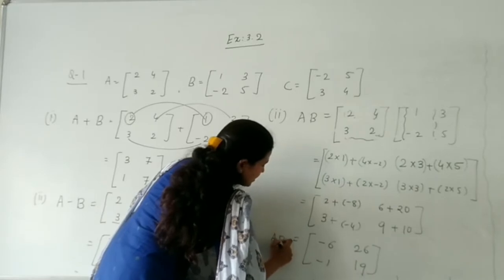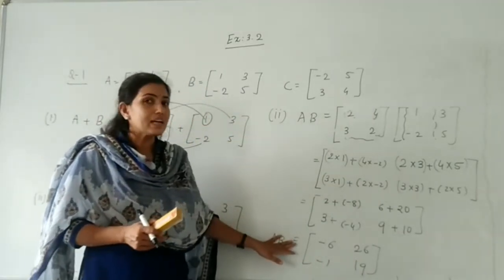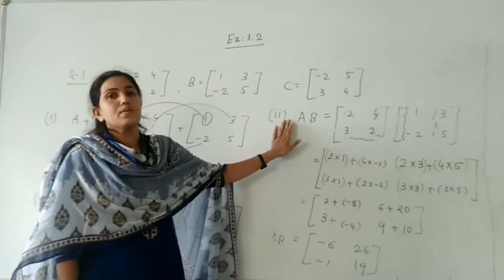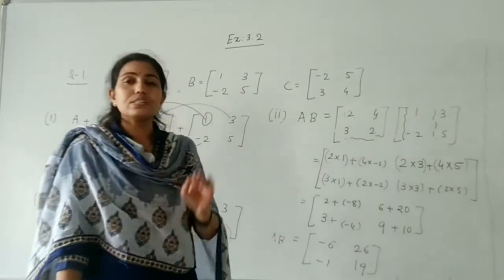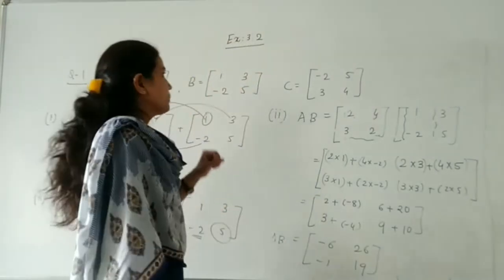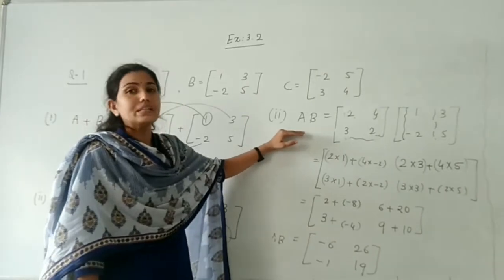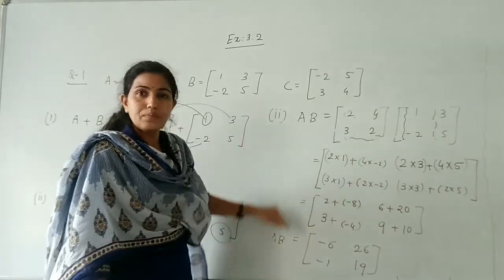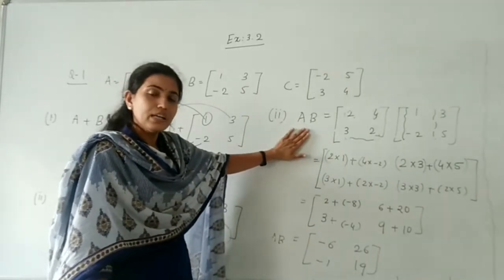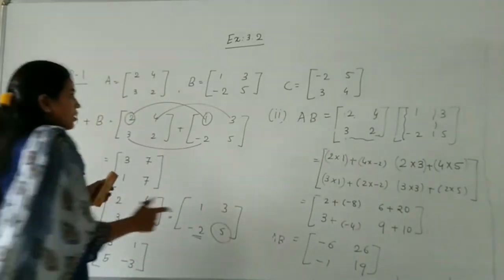So students, this is the multiplication of AB. Now I hope you are very clear with this, how to apply the multiplication. Because students, addition and subtraction are very easy, but the difficult part is to understand the multiplication. Now how to multiply? That AB we have done. Similarly now we have to find out the, sorry, this is the third one.